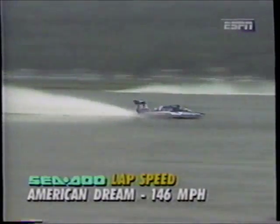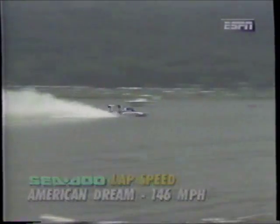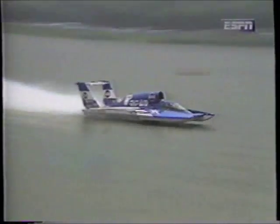He's off the pace just a little bit. A good shot there gives you an idea between 1st and 2nd place. Pico's American Dream holding it in at a lap speed of 146 miles per hour. That's his fastest lap of the day with 1 more lap to go as we look across at the Kentucky